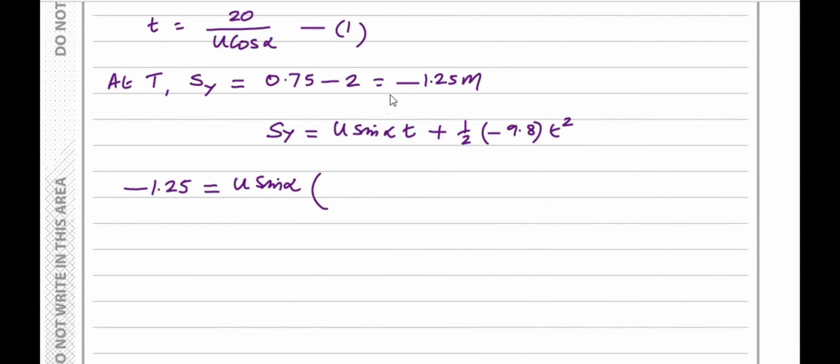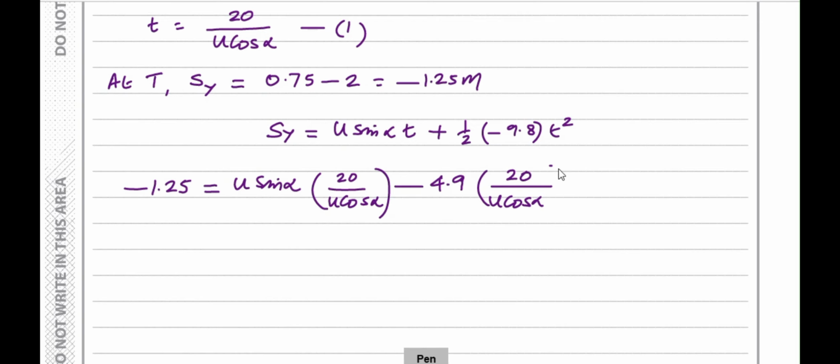Instead of t, I can use 20 over u cos alpha minus 9.8 divided by 2 becomes 4.9, and again t square becomes 20 over u cos alpha square. Simplifying this further, we get minus 1.25 is equal to u and u cancel. Sin alpha over cos alpha become tan alpha. So 20 tan alpha